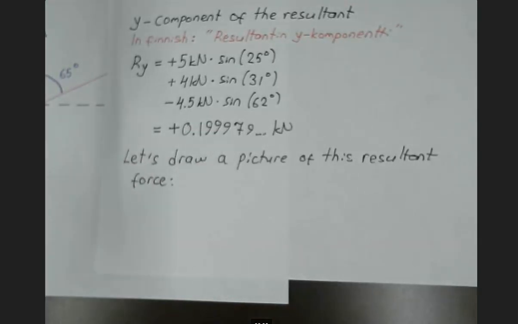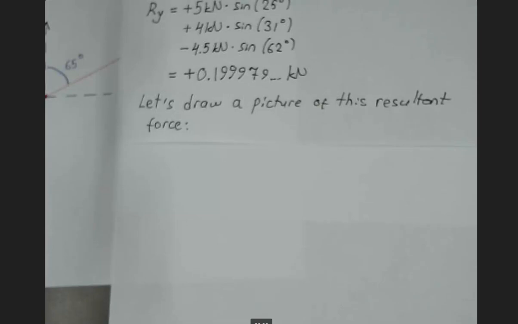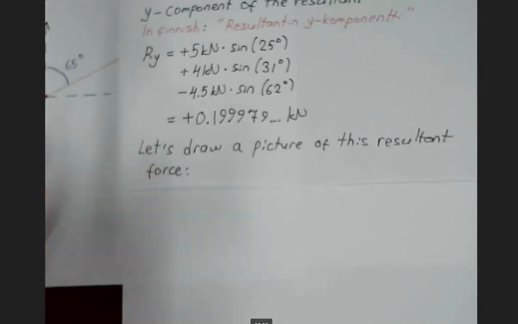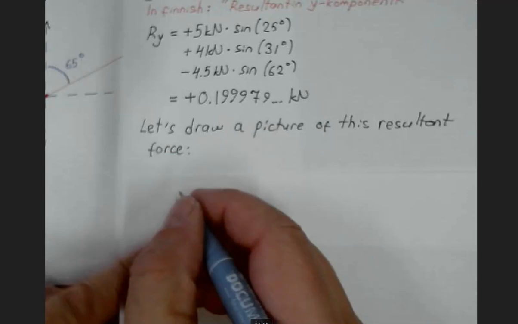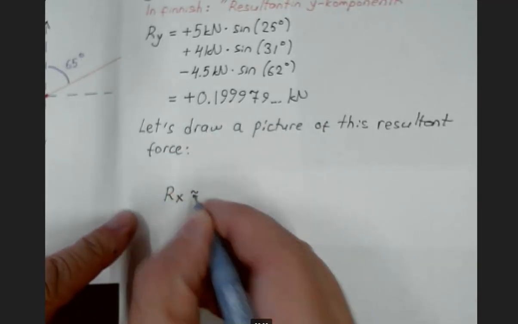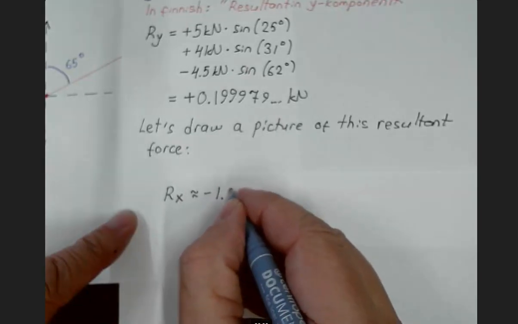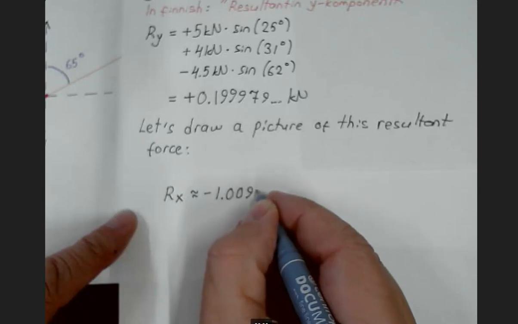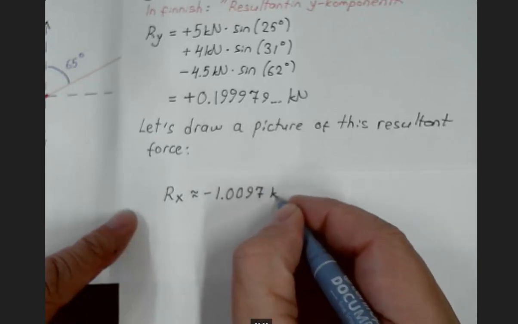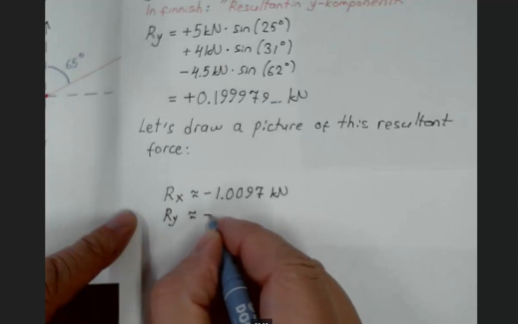I will take another paper. These components were, I will write them again here. Rx is approximately minus 1.0097 kilonewtons, and Ry is approximately plus